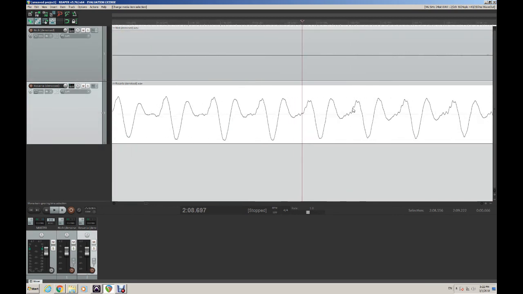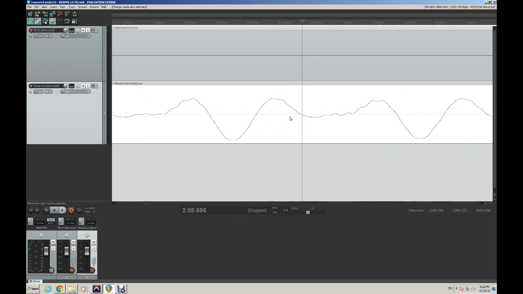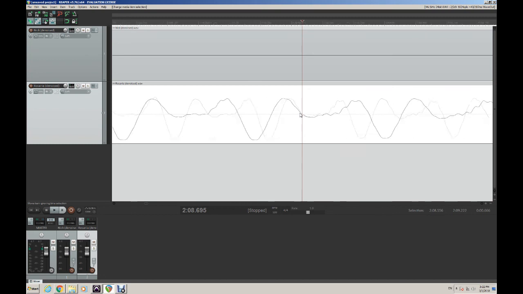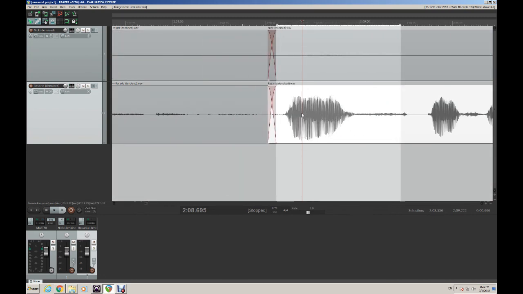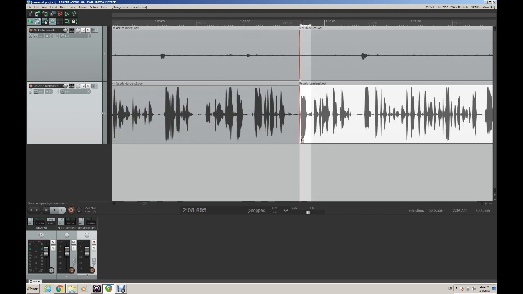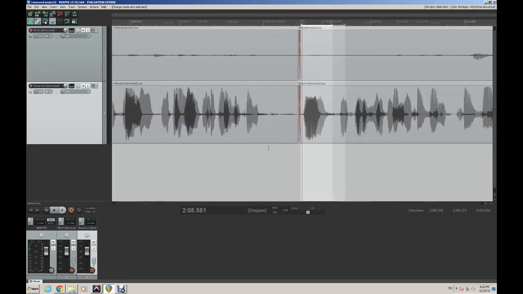Because if you cut a waveform somewhere over here, it's going to result in a click. In order to avoid any clicks, you would have to cut where the waveform intersects the zero line over here. If you cut here, theoretically there won't be any clicks, but you can't zoom in that much every time you want to cut something out. That would be time consuming. So what you can do is either slide and it'll automatically create this crossfade for you, or